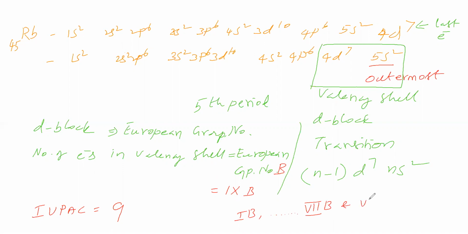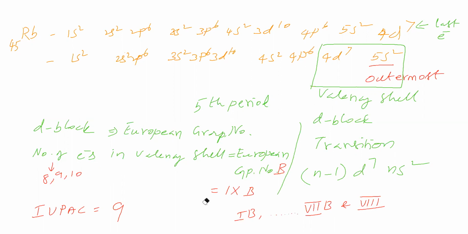Then comes the 8th group. This is only for d block European group numbers, not for others. So 1b, 2b, 3b up to 7b, then for the 8th we should not give b. These are the only possible European group numbers for d block. Therefore, if the number of electrons in the valence shell is 8, 9 and 10,